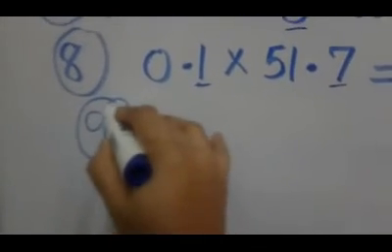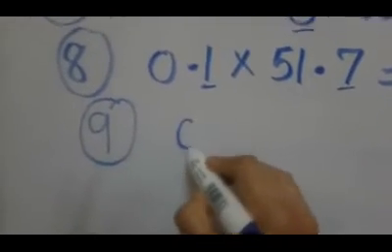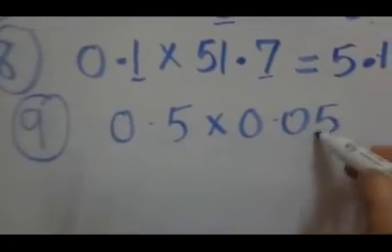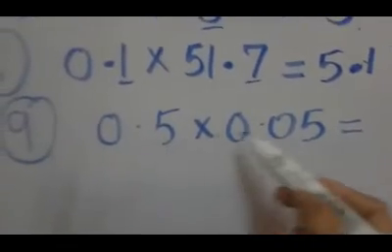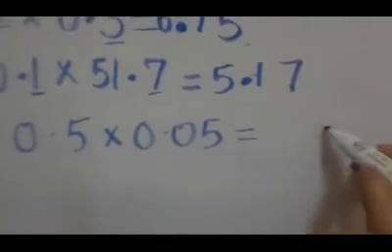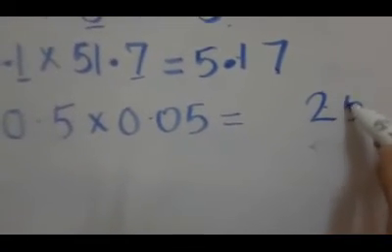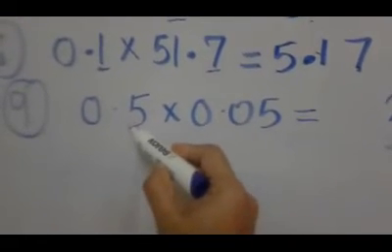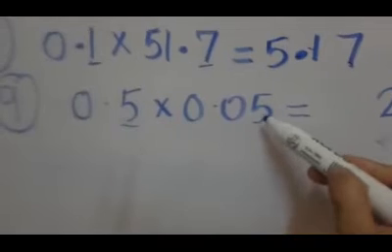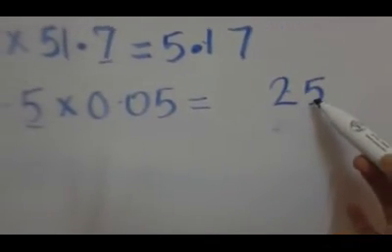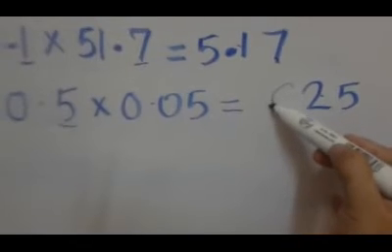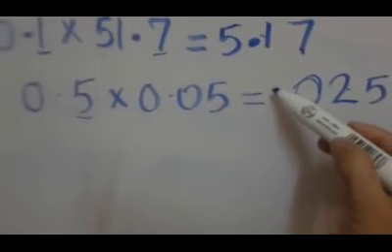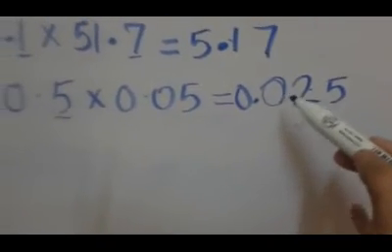Let's go to another example. If I want to multiply 0.5 into 0.05, ignore the decimal, you will get 5 here. Here also 5. 5 into 5 is 25. I am going to write here 25. Now after the decimal, here 1 place, then here after the decimal 2 places. Total 1, 2, 3 places. So 1, 2, and instead of the third number you have to put a 0 because we want 3 places, then put a decimal. So the answer is 0.025.